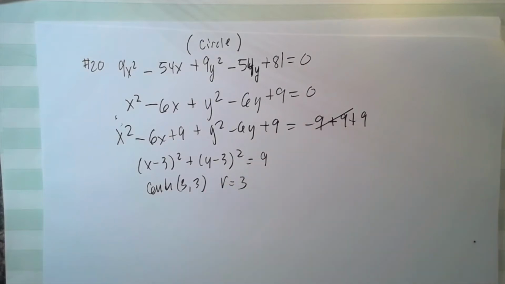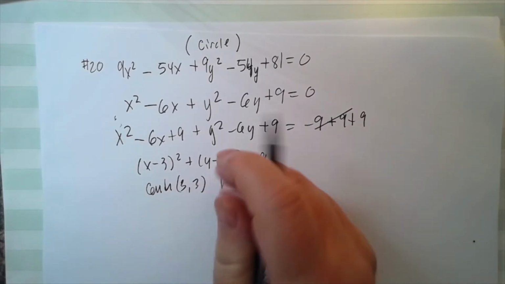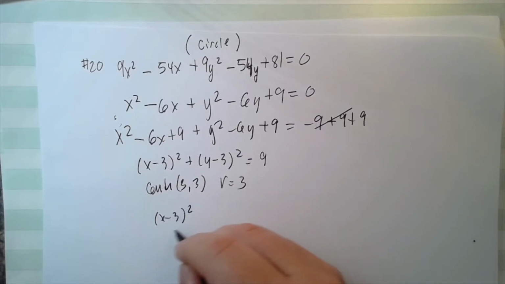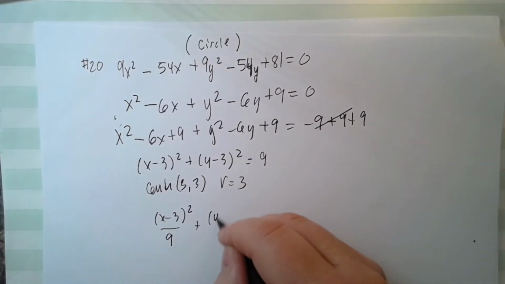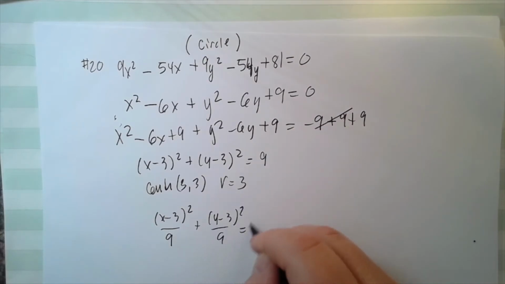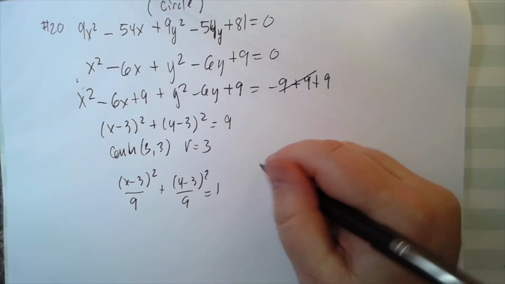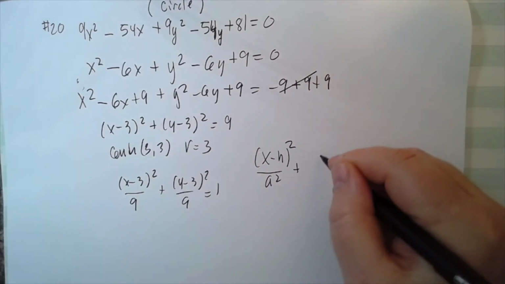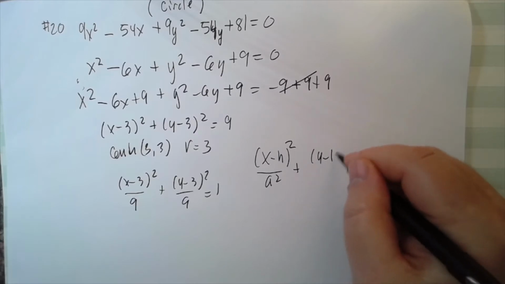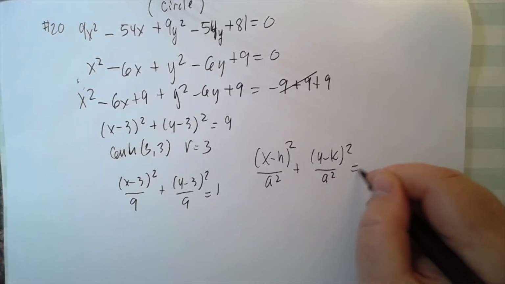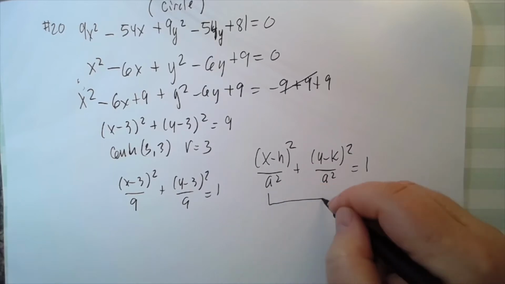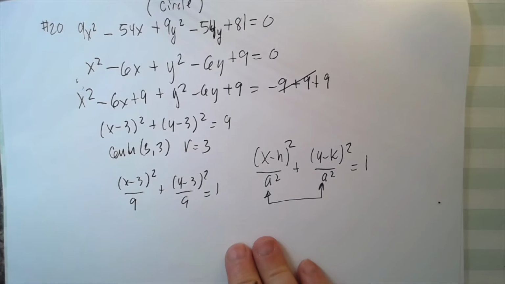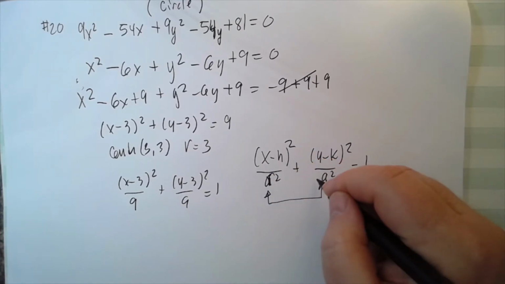But even if it was an ellipse, we'd still do it the same way. The only thing I'd do different, if it was an ellipse, I'd divide by the 9, so I'd get x minus 3 squared over 9 plus y minus 3 squared over 9 equals 1, which is just another way to write the equation of a circle. If these two are the same, then we know it has to be a circle. We could put an R in there, because that would be more appropriate,